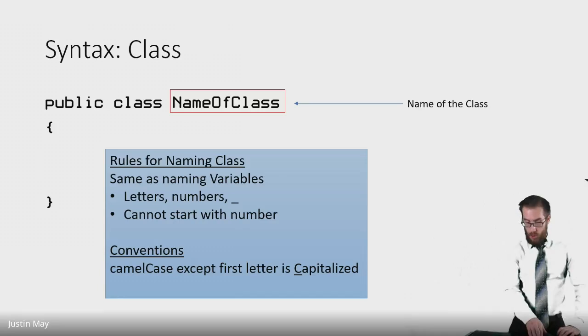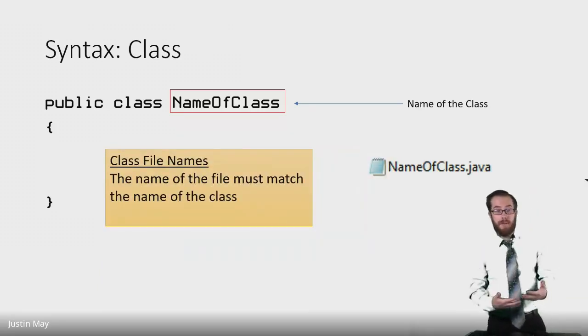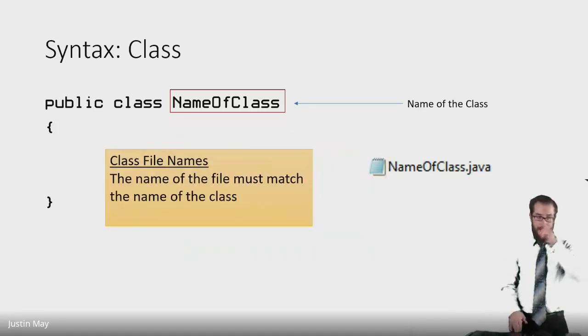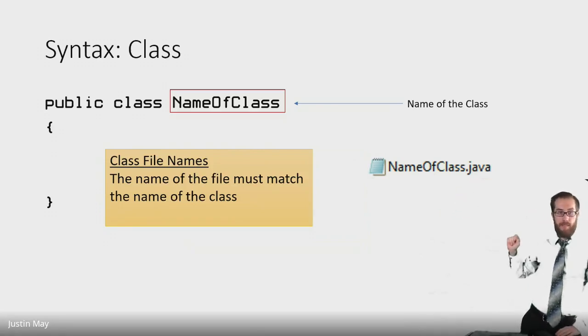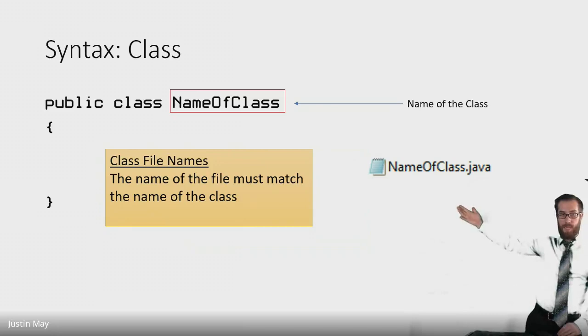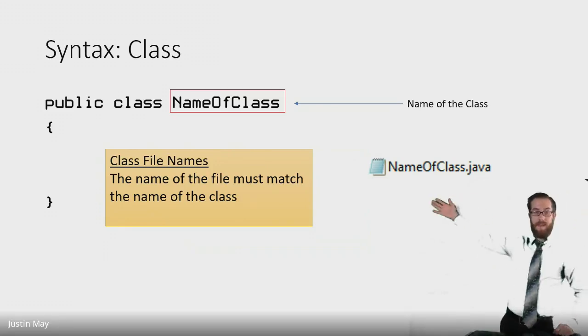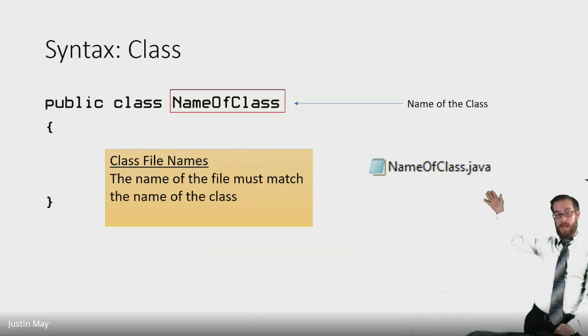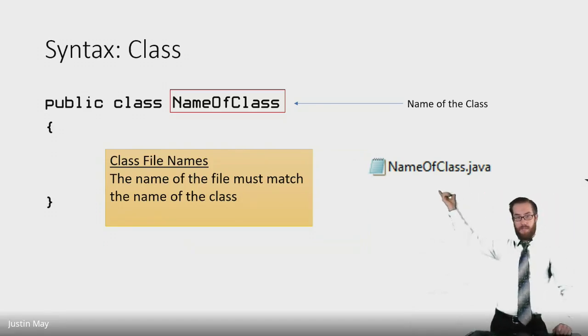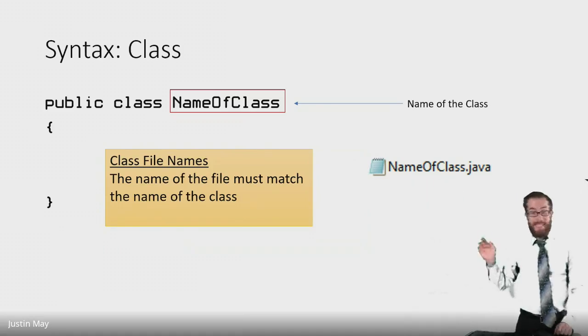When you write code, you have to write your code in a file, right? You have to name the file you're writing the code in. The name of the file will match exactly the name of the class. So in this example, the class's name is name of class, so it's in a file called name of class.java. So your code will always end with .java, but the name of the file will match the name of the class exactly. Casing,